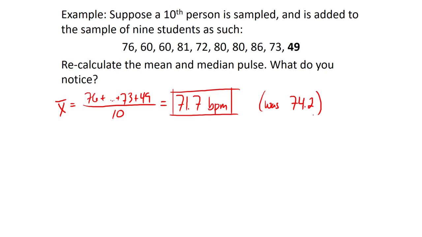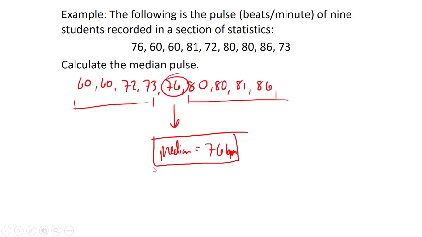But what was it before the outlier? 74. Yeah, it was like 74.2. Okay? Now, if we recalculate the median, I'm not even going to rewrite the data, but all we're doing is tacking on a number down here, right? So our median is going to get shifted over. Yeah, I guess I am going to rewrite my data, but